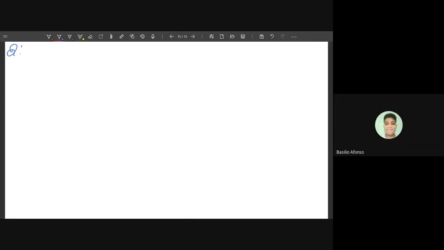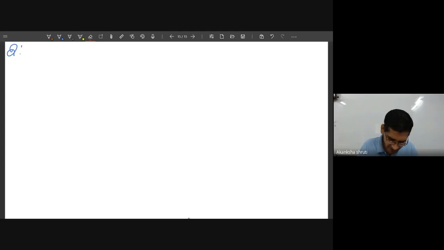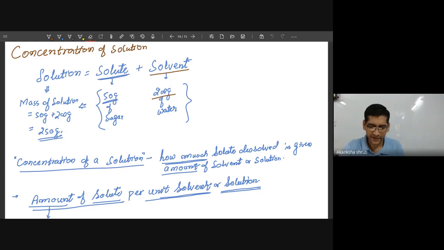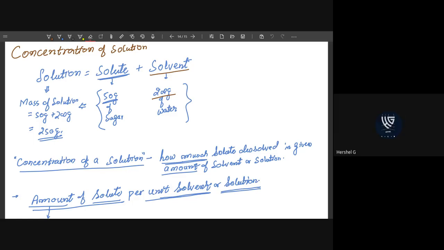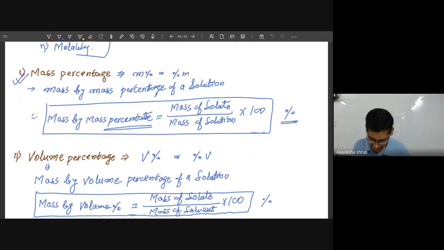Sir, can you show the previous page? Okay, just write along with me. Don't forget. That's why I'm also writing very slowly so that you can also write it. Last line. Last one, sir. Okay, see, write it. Volume percentage means mass by volume. It is possible to take the volume of solute and volume of solvent also.